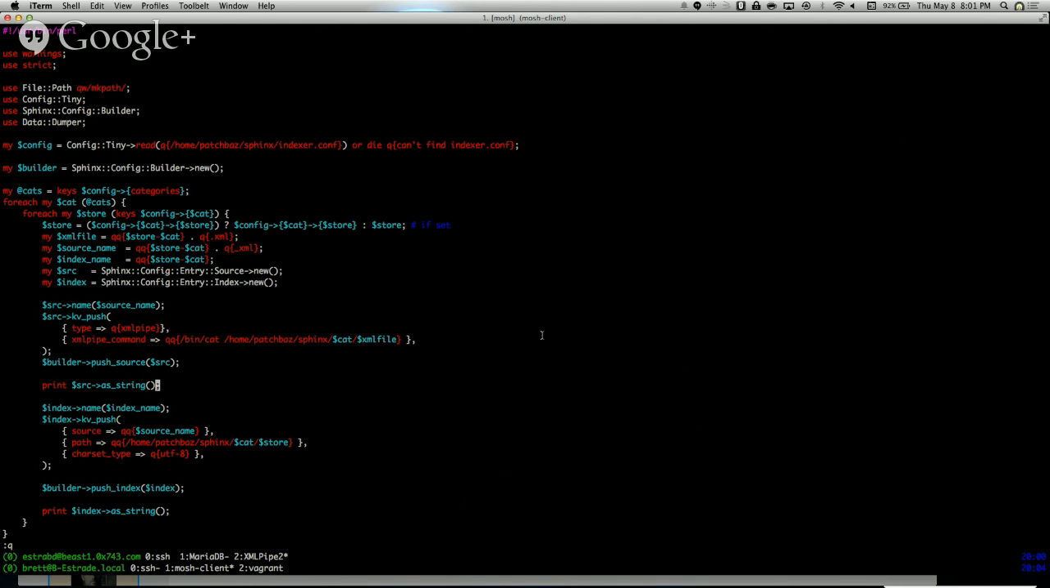when I print out the source as a string, it just prints out what a source block would look like in the configuration file. And I do the same thing for index, so these things get generated in pairs. And then I just do that for every index. And I named the indexes in such a way that, based on the index name, I know where to look for the XML file, so I can generate the file name from that. And then down here,